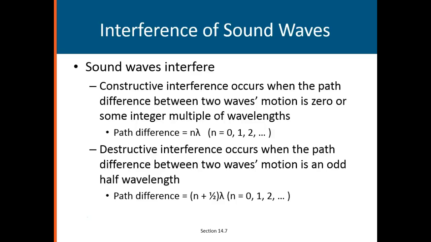And destructive interference when that path difference is lambda over 2, 3 lambda over 2, 5 lambda over 2, 7 lambda over 2, all those values. Okay? Then you get destructive interference. Constructive when they're whole lambdas, destructive when they're odd half lambdas. Okay? Now,